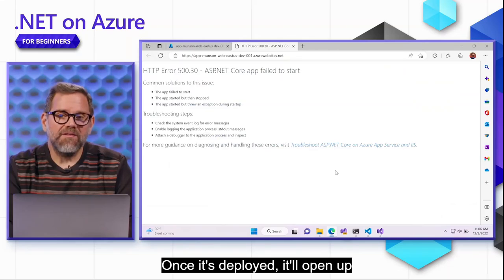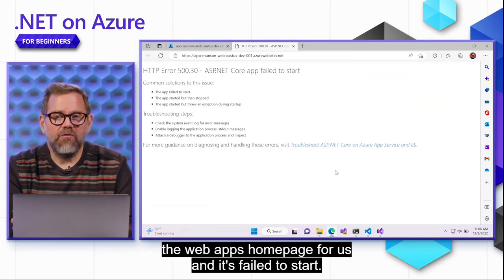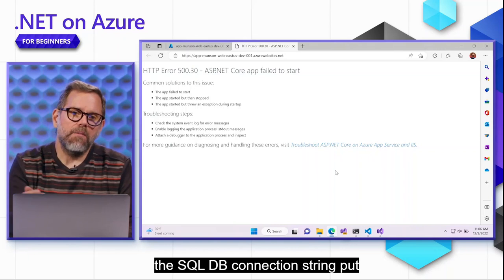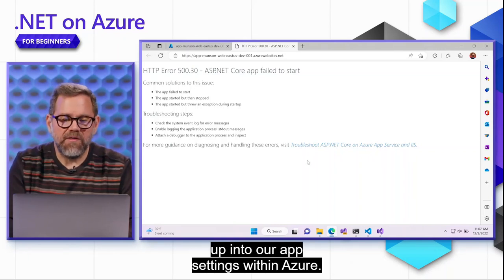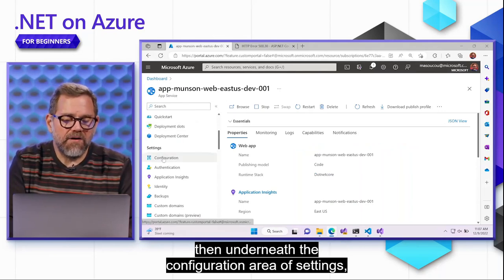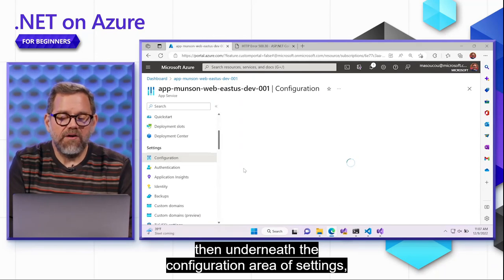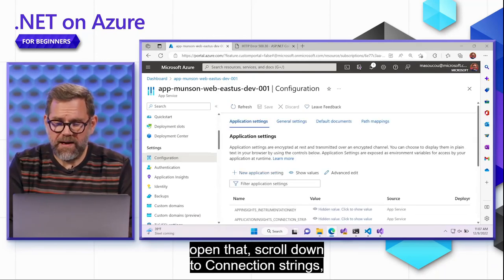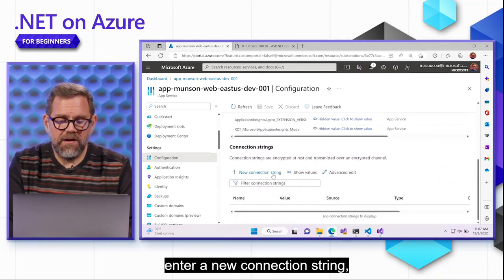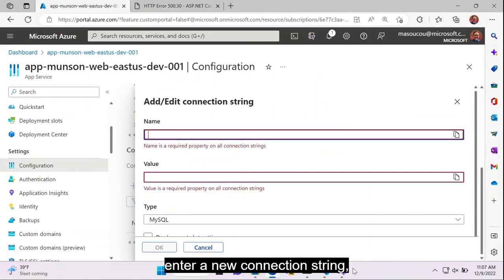All right. So once it's deployed, it'll open up the web app's homepage for us. And it's failed to start. And that's because we don't have the SQLDB connection string put up into our app settings within Azure. So in order to do that, I'll browse back over to the Azure portal, and then underneath the configuration area of settings, open that, scroll down to connection strings, enter a new connection string,